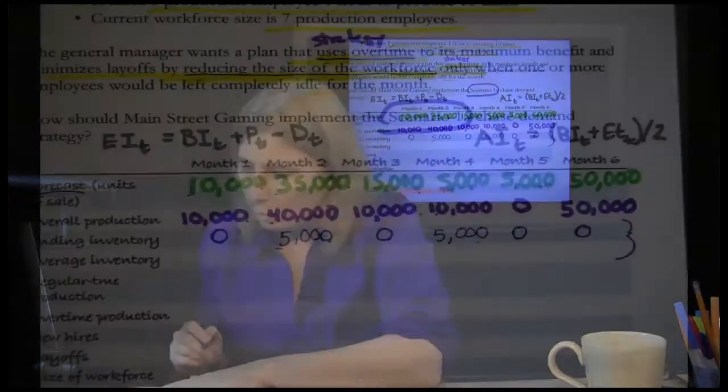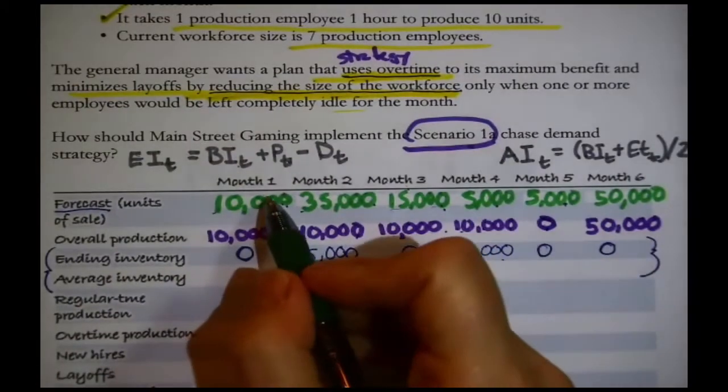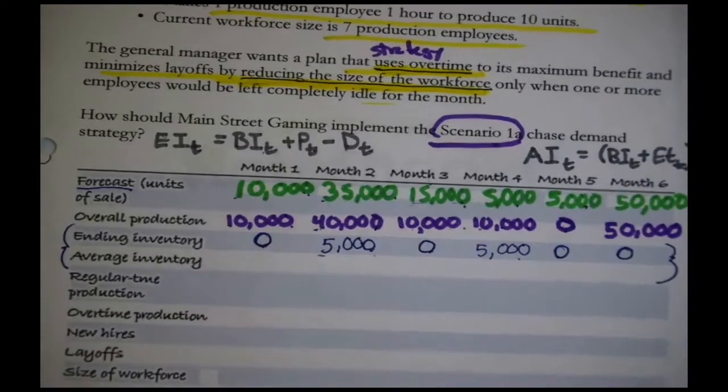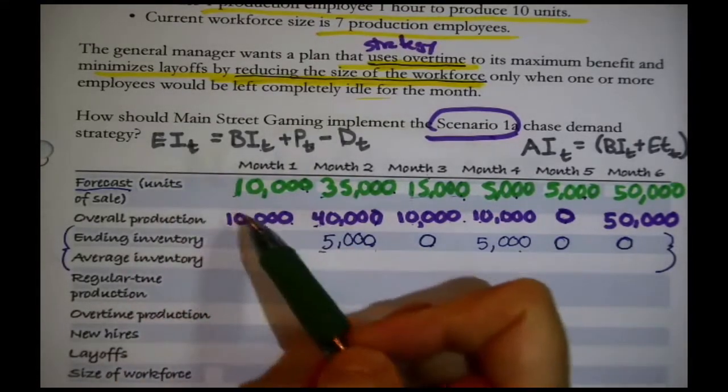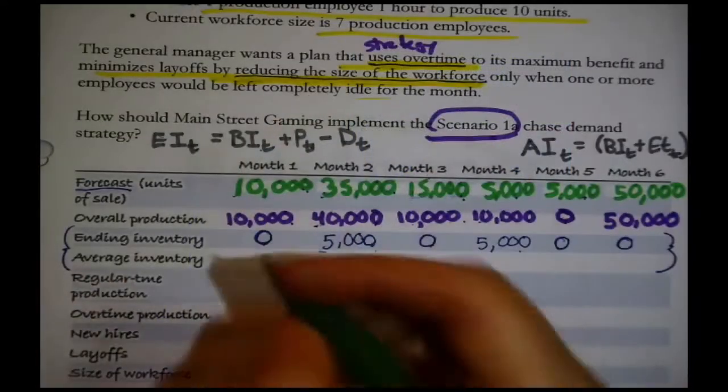You say, okay, well then I guess it's time to fill that out for this particular table. Wait a minute, month 1. If I'm to calculate average inventory for month 1, I need the beginning inventory for month 1, and there's no month before month 1. Right, we had assumed that the beginning inventory for month 1 was 0. That's what I said was perfectly consistent with what we were told about the situation. We don't have any right now here at the beginning. Oh, okay, so the average inventory month 1 is 0, its beginning inventory, plus 0, its ending inventory, divided by 2. Yeah, that averages out to 0.